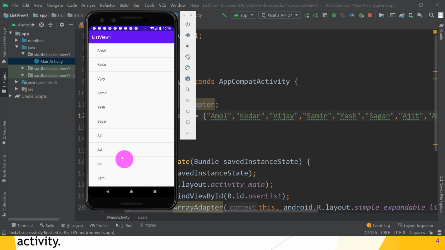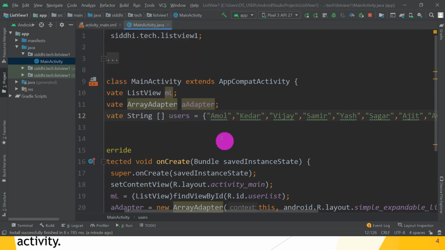Guys, hope you understand how to use the ListView. This ListView we have used in different apps for storing and retrieving data from different data sources such as SQL data sources, network buffers, or arrays. Great.